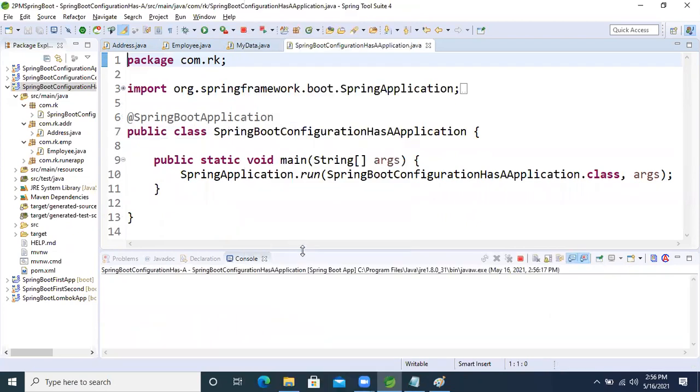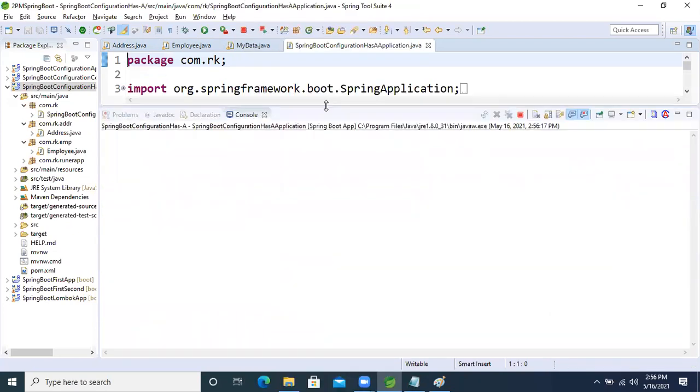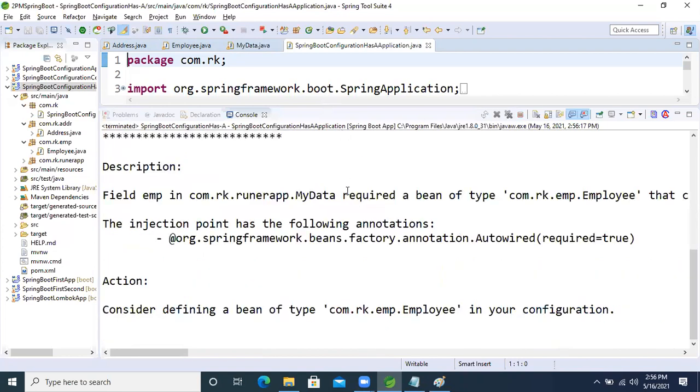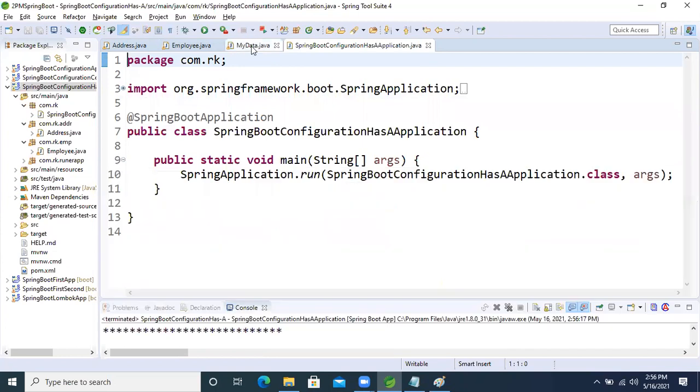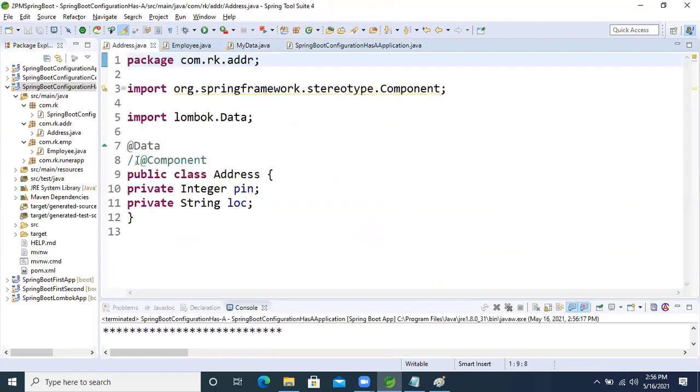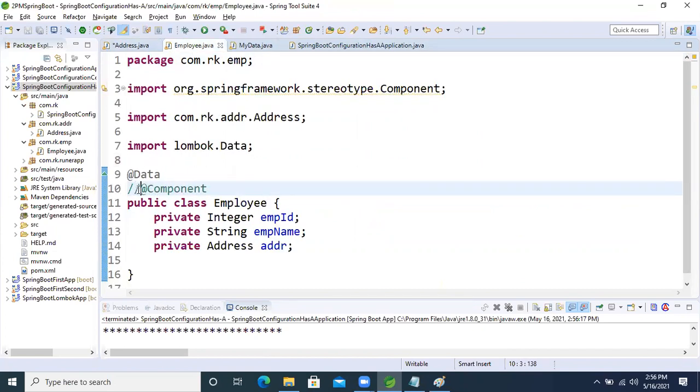Yes, it's a version problem. I work on a different version. Here everywhere this annotation is mandatory to create the object. I thought no need, but it's asking, guys. No problem.